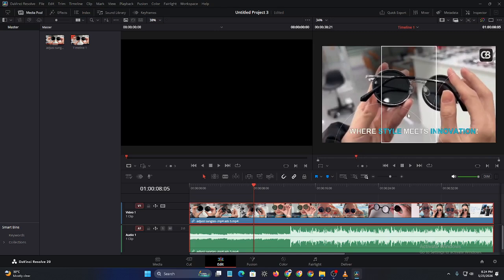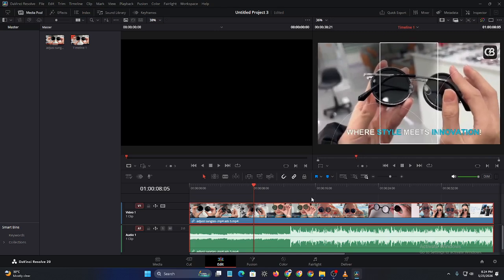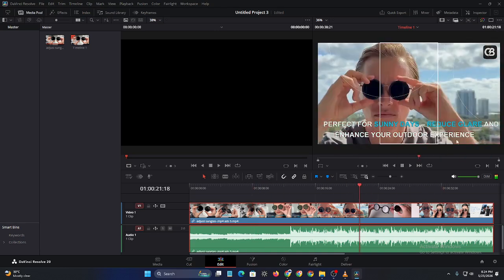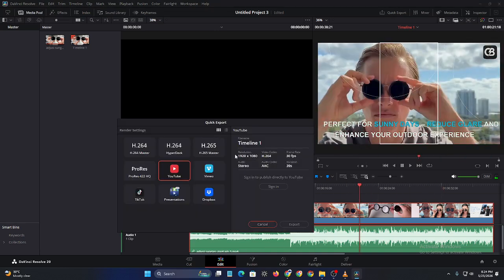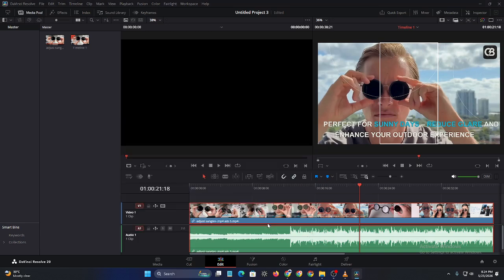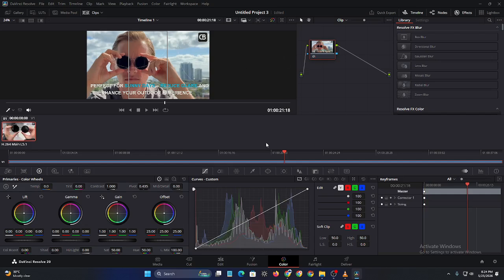Once everything looks good, preview the full video carefully and then export the final version in high quality. And that's basically how to edit cinematic videos in DaVinci Resolve in 2026. With smooth pacing, cinematic color grading, music, and sound design, you can create professional-looking films directly from your PC or